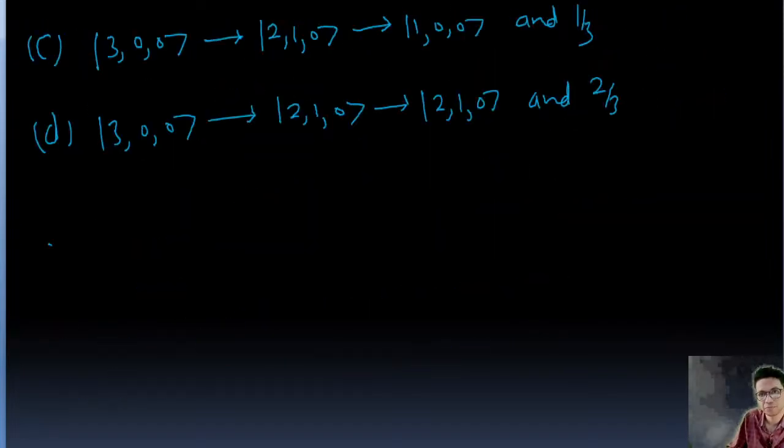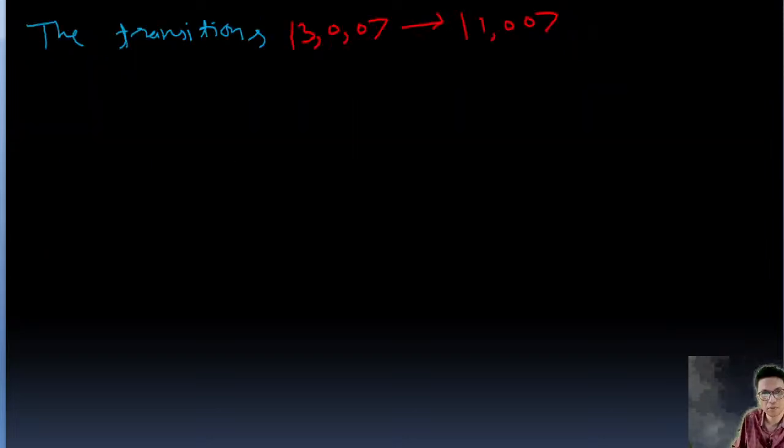Transitions, this one: 3,0,0 transitions, this goes to 1,0,0. Okay, this transition 3,0,0 goes to 1,0,0 via,